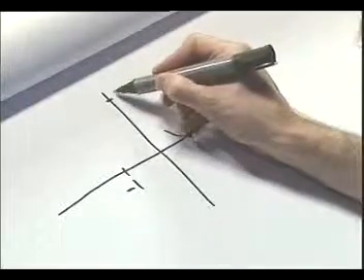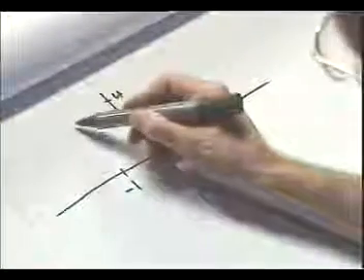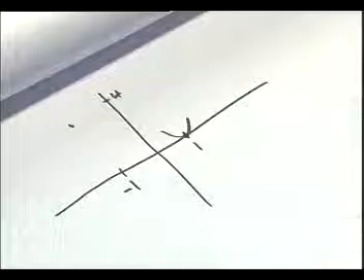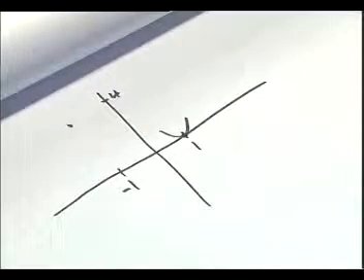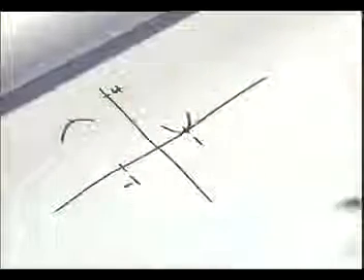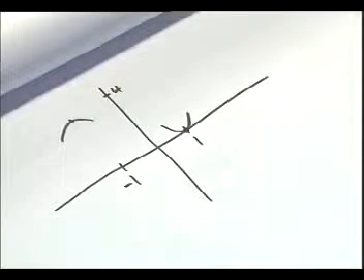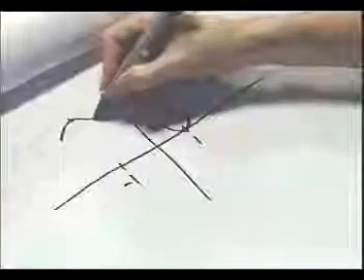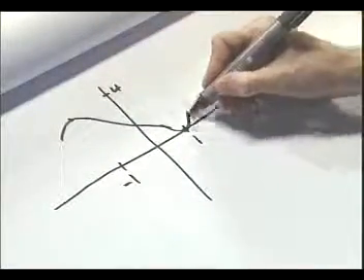The other point was minus 1, 4, there. And we know that at that point the curve was like that. It was a maximum. The other thing we know is that there are no turning points anywhere else. These are the only ones. And so effectively we can join up the curve